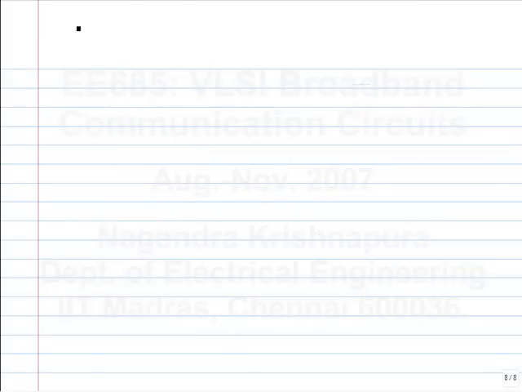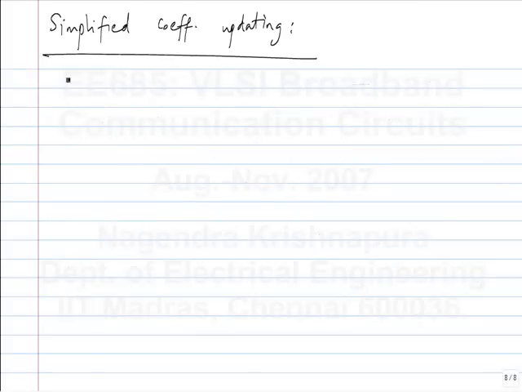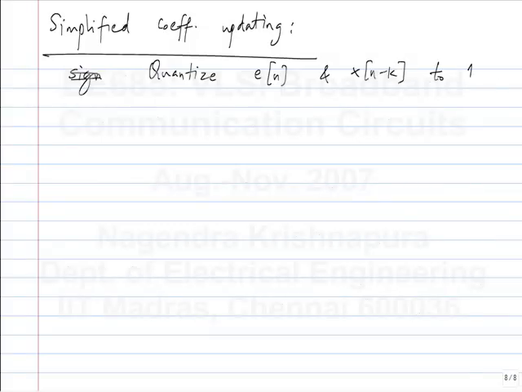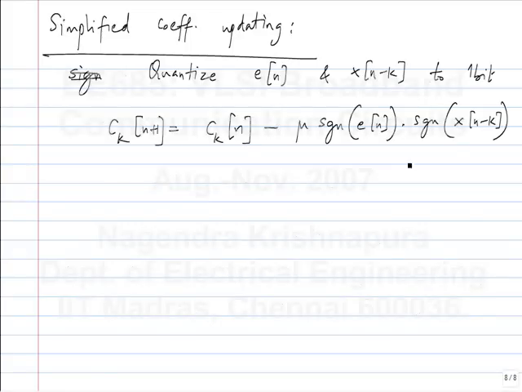So to simplify the coefficient updating, you only quantize E of n and X of n minus k to 1 bit. Again, I want to stress that this is not in the computation of the filter output. The filter output is computed in an analog way. You find the linear combination of C0 x of n, C1 x of n minus 1 and so on. You don't quantize X to do that computation. It's only to do the coefficient updating that you do this quantization. So this is known as